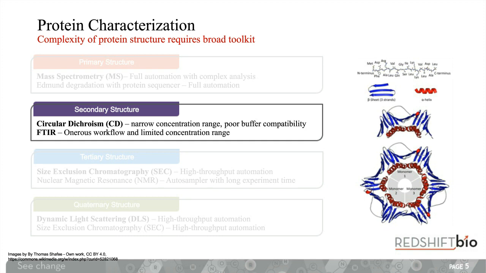Being based on absorption of light in the hundreds of nanometers range, this means that we have quite large effects from scattering, particularly from things like excipients in the background, surfactants, and also from aggregates formed by the sample itself. So this means that circular dichroism spectroscopy is a very useful technique, but it has quite a lot of constraints on it.